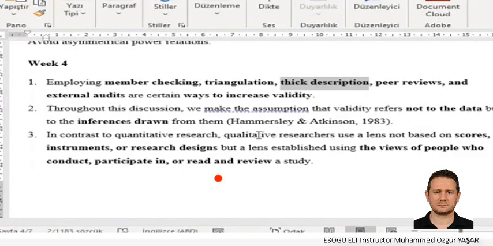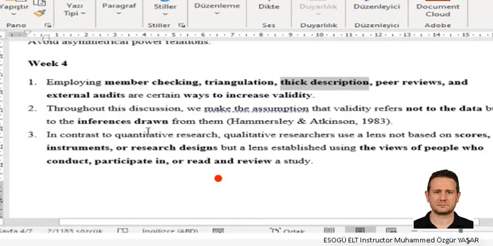You should provide your readers with every detail in every section of your data collection: how you collected data, how you dealt with some problems, how you found your participants, how you decided on them, what the atmosphere was, what their first reaction was, how it developed. So providing your readers with this detailed and dense description is really a good way to make a good impression on the reviewers of your study.